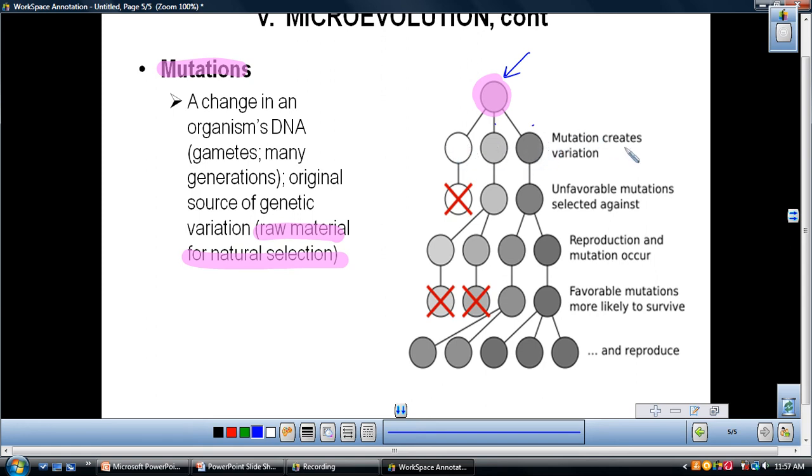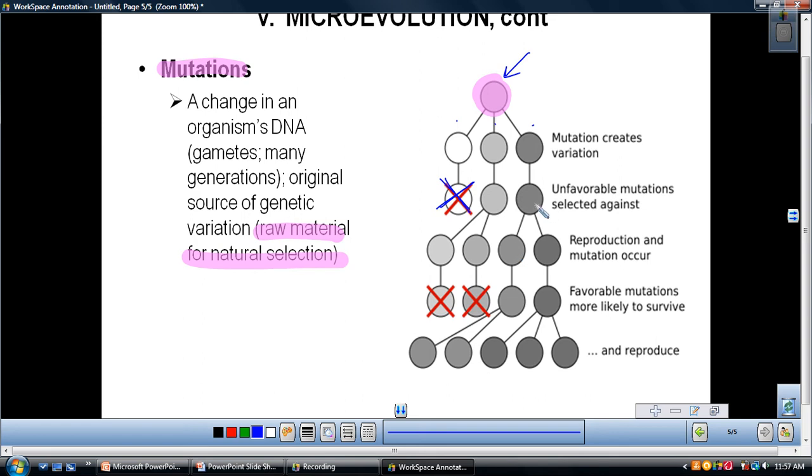Well, you guys know that through natural selection, maybe some of these are more suited for the organism. It's a better adaptation. So if this white one is an unfavorable mutation, it's selected against, which means if you are this, whatever that's representing, let's say it's a color, who knows what it might be representing, it's a certain trait, if you're this white one, you're selected against. So then these two are more favorable, okay, so unfavorable mutations are selected against, these are more favorable, they reproduce,